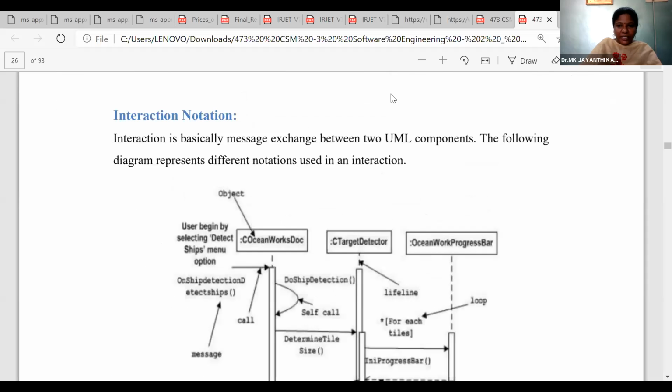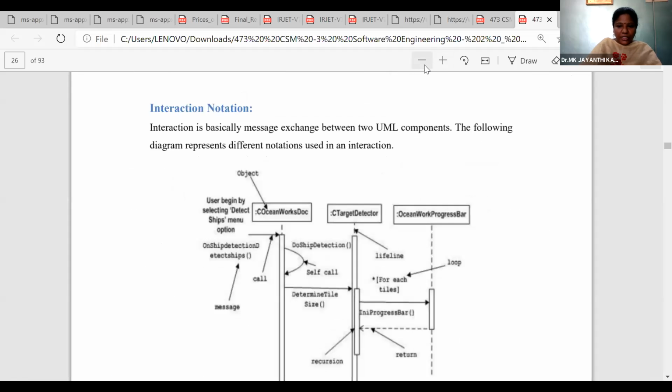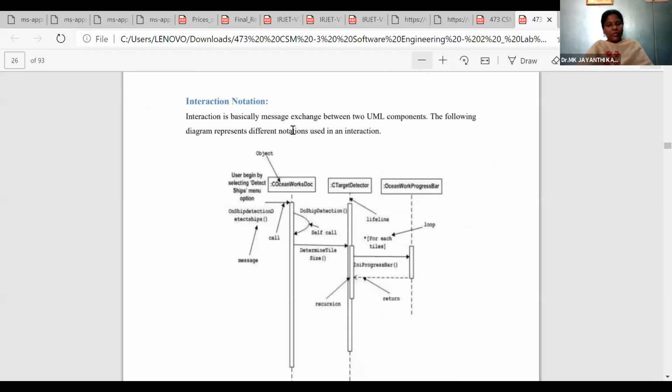If you take the interaction diagram, it has vertical divisions, a column-like structure. We have these functions and the initial state. Within this domain, what are the operations?